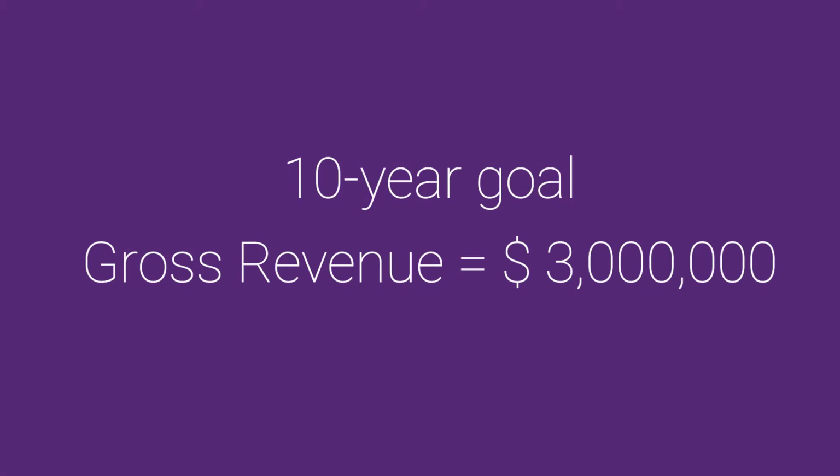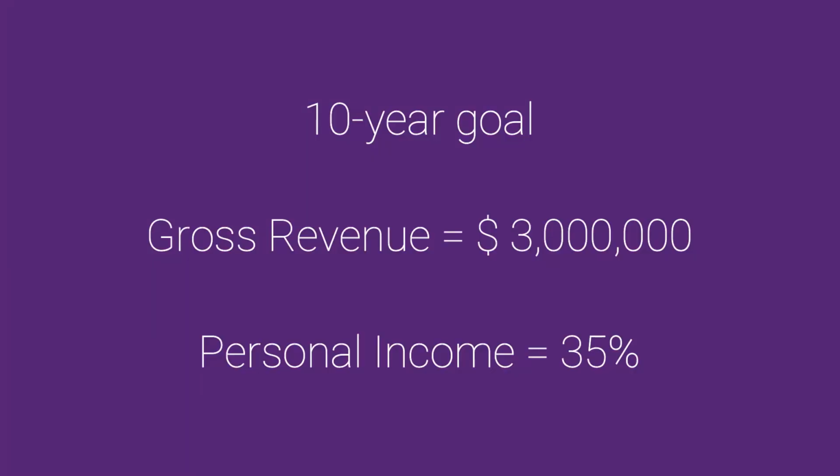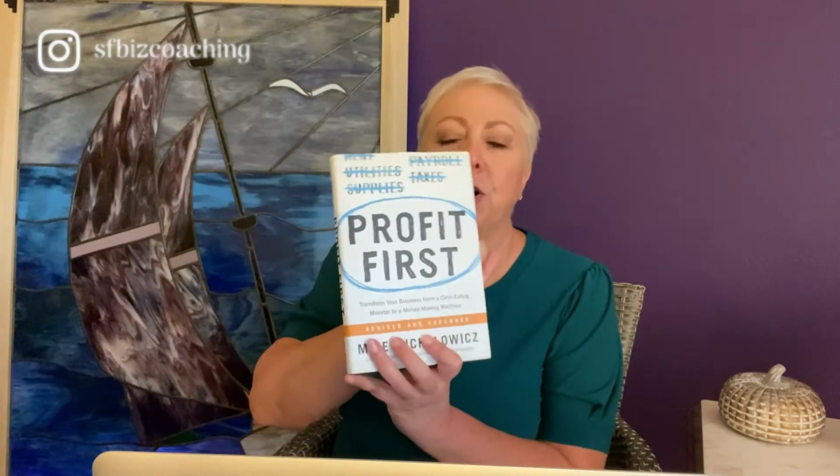Your business could grow faster, it may grow a little slower, you may end up with a second business. And you're going to do this exercise year after year, which is going to allow you to make adjustments. It's going to allow you to tweak your goals and your plans based on how your life has changed, so that you can really set goals that you're working towards achieving. Let's just say that you want your business to be at $3 million in 10 years. You want the gross revenue from your business to be $3 million. And you as the business owner, let's say you want to pull out 35% of personal income from that $3 million. I got that number from this book, Profit First.